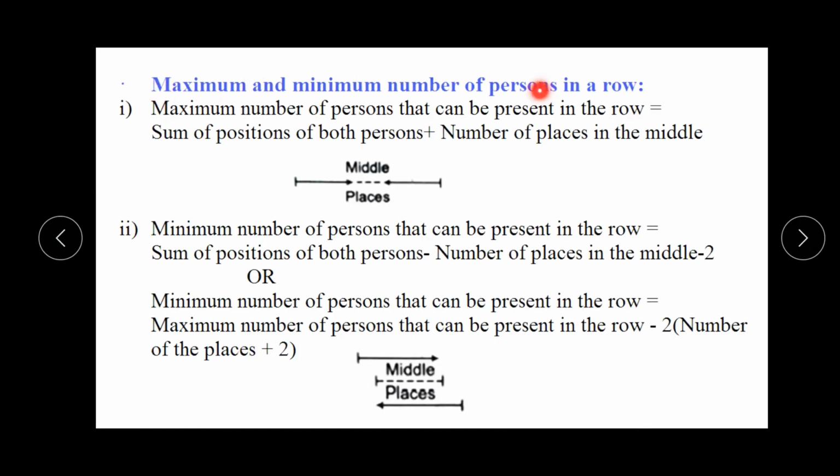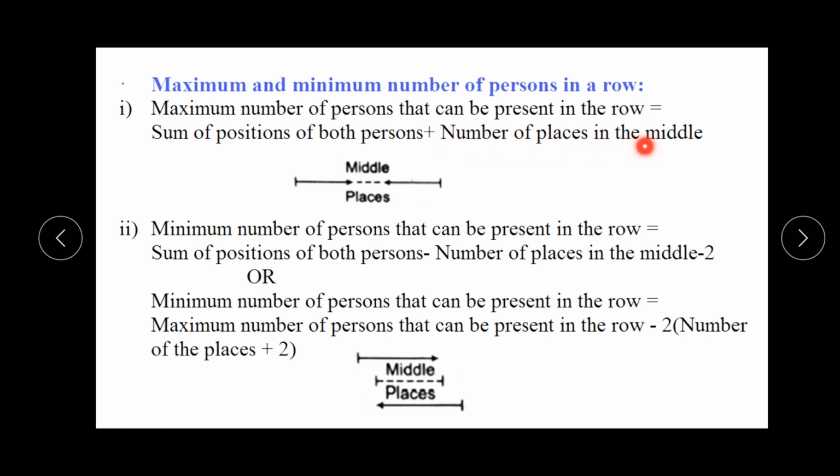Okay, the next type is maximum and minimum number of persons in a row. The maximum number of persons that can be present in the row. It means conditions are given. Some conditions will be given to us. And what is that? Sum of positions of both persons. It means in a queue there are two persons having two positions: the first person from the left side and the second person from the right side,